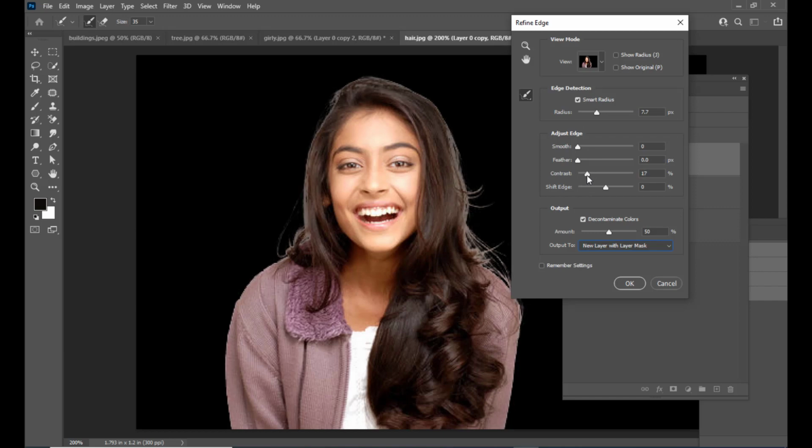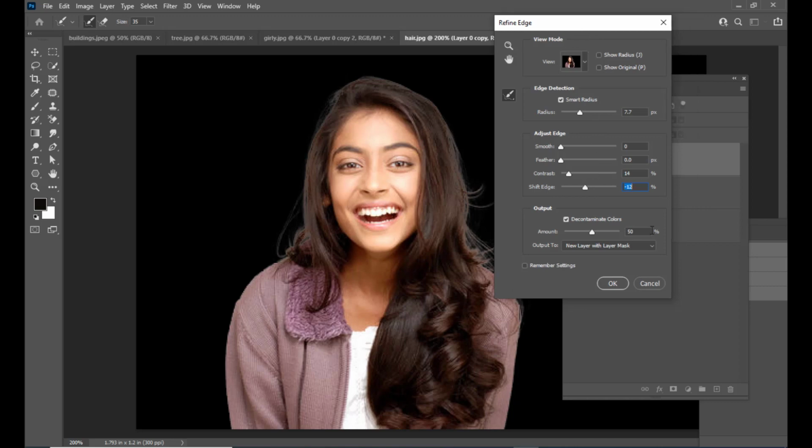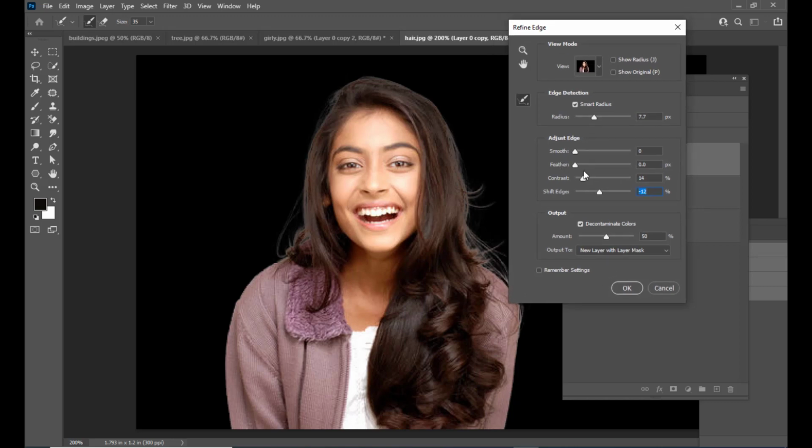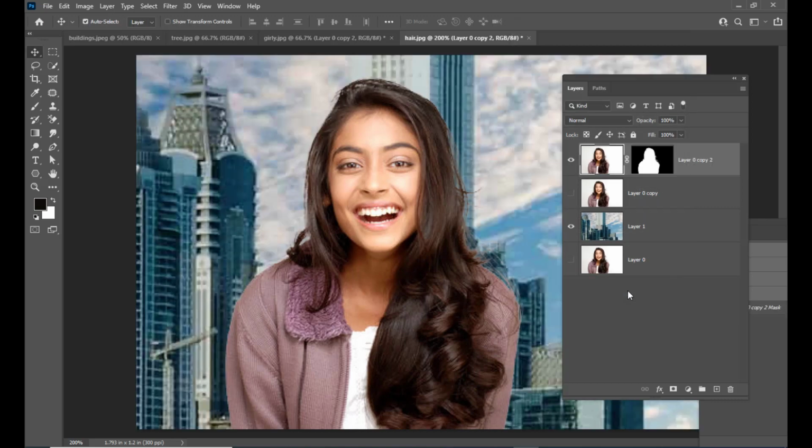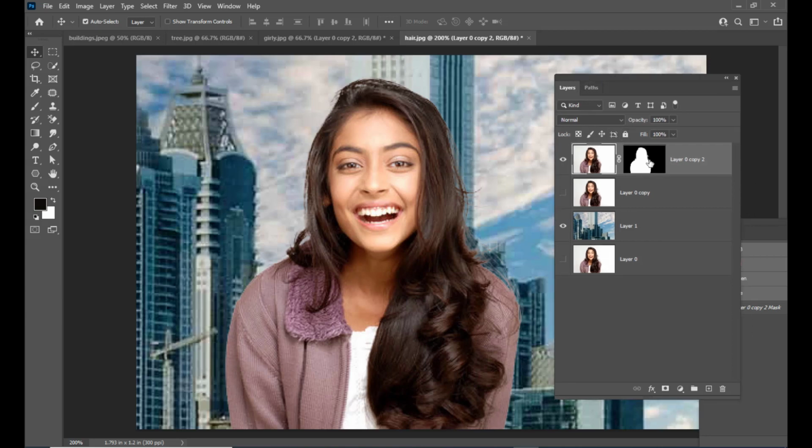So we can see the change, and if we try to change this shift edge, see, we can get some changes, something like this. Right, and then we will click OK. See, this is also a very simple and easy solution for hair selections, and we can also go inside the mask